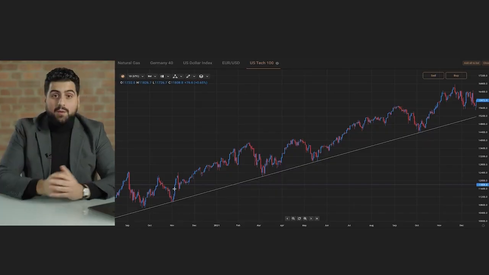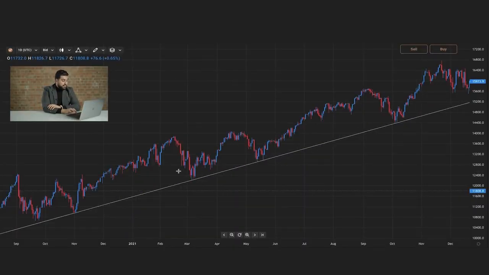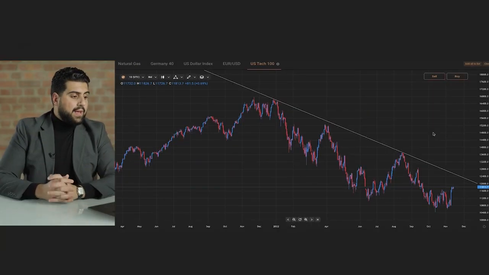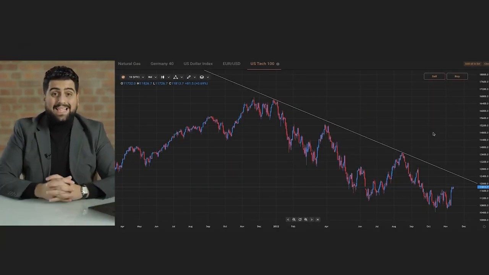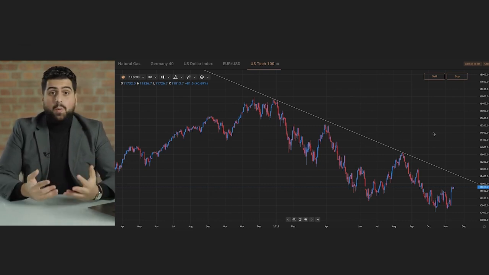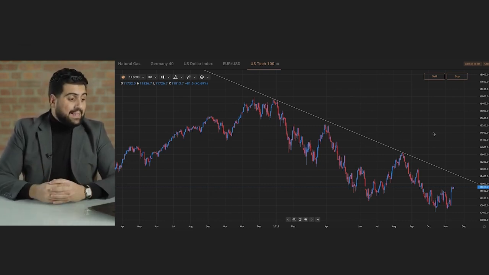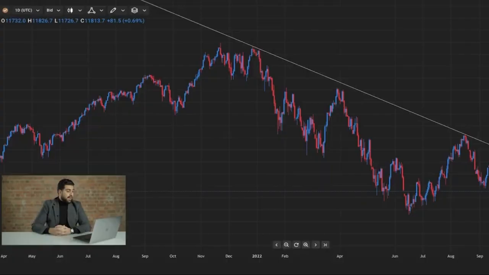So if you look at this example here, the market is failing to break below this trend. It's failing to break to the downside. So the example we have here is the US Tech 100, which is also known as the NASDAQ. And again, it's on a one-day chart, so each candle represents 1 day worth of trading. And this is an example of a downtrend. Okay, so if we look at the chart